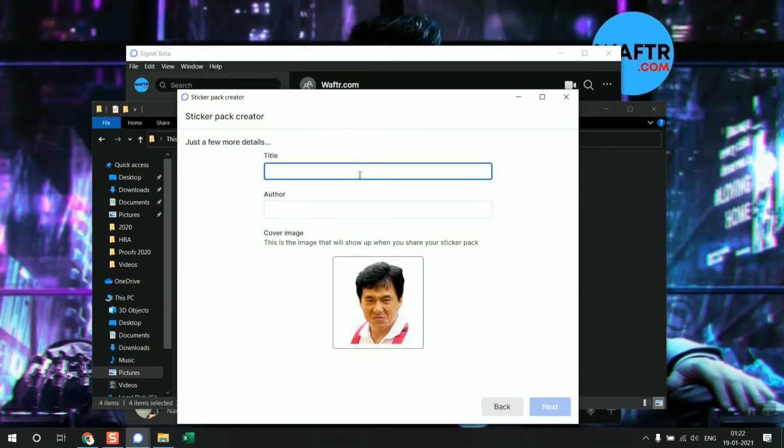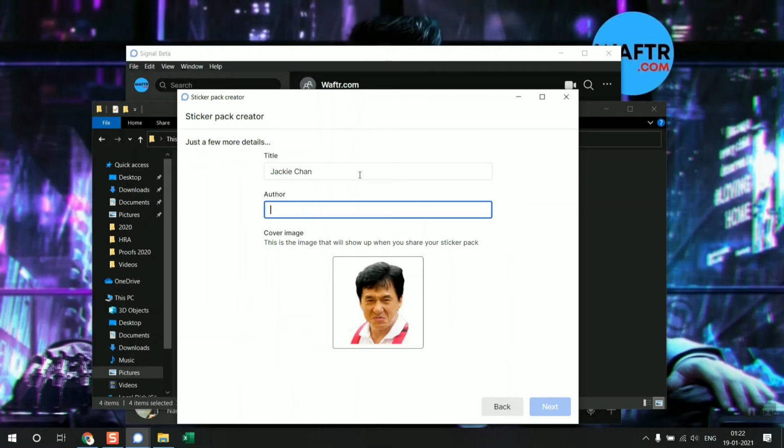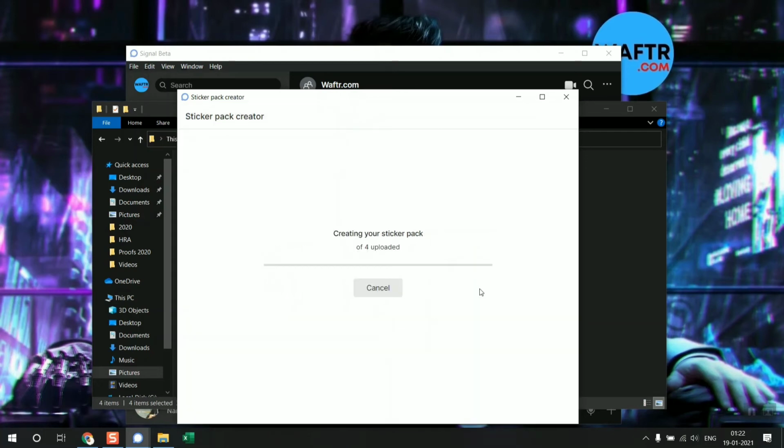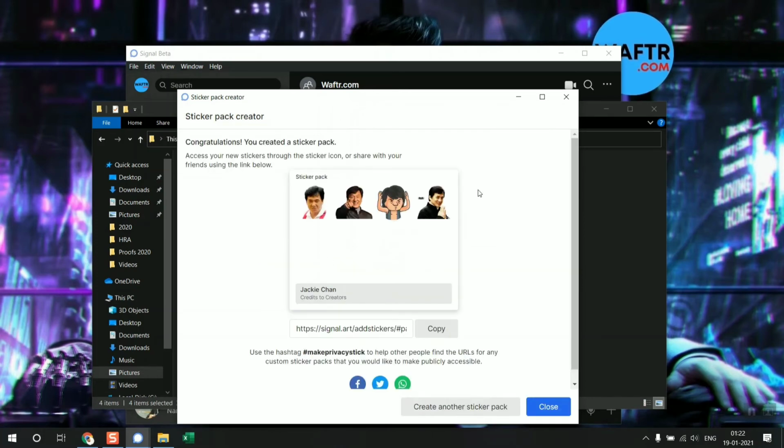I'm giving Jackie Chan as the name, and since I collected these from Google, I'm giving credit to the creators. Okay, once this is done, click next. You can also choose the cover image if you want to change the image. Once this is done, click next and click upload, and you can see this pop-up where it shows